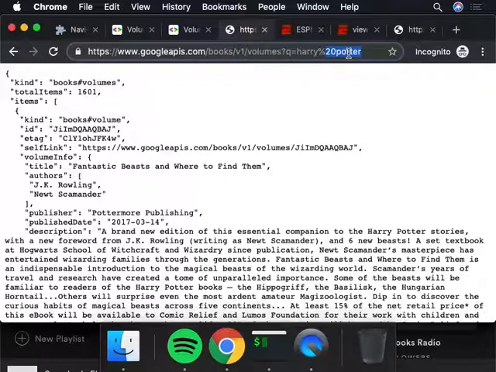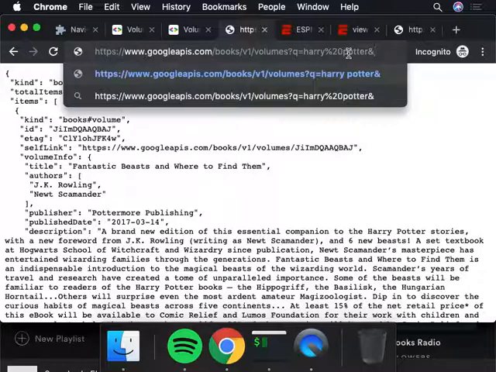If you ever want to use more than one query parameter, like let's say you say, look for Harry Potter books that were after the year 2000, you can add another query parameter just by using an ampersand. So that's what that ampersand is we saw before. It's and then another key value pair. I don't know if this exists in the API, but it could be something like year equals 2017 or whatever. Exactly. It would be year equals, or some key equals, right? So you always want to think about it as I'm filling out a form field, right? You have to say what's the label of the form and then what's the value you're putting into that form.